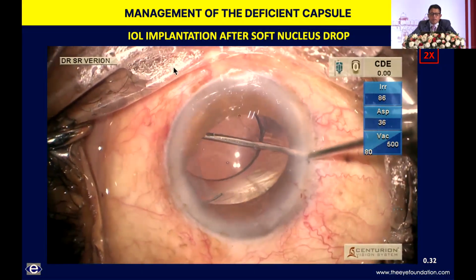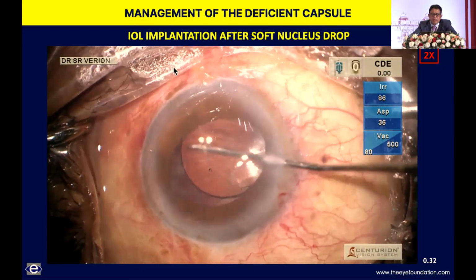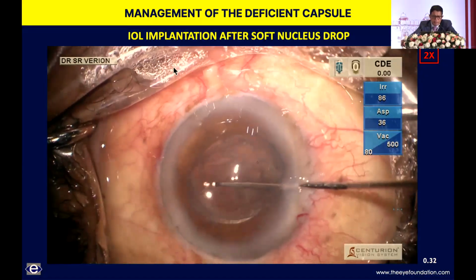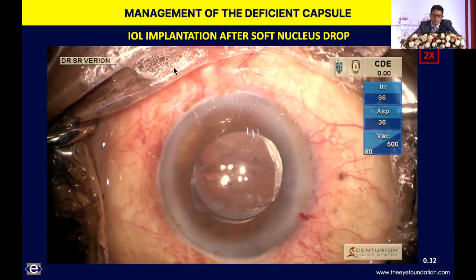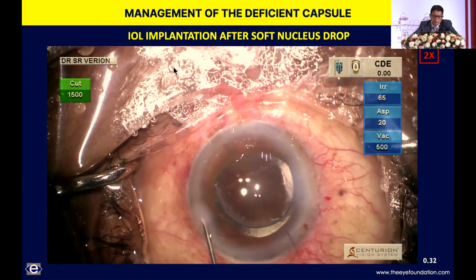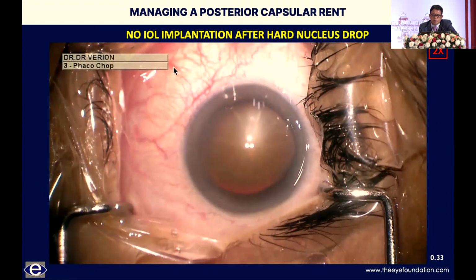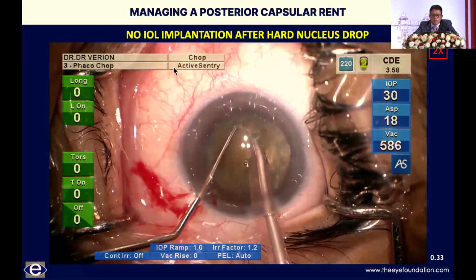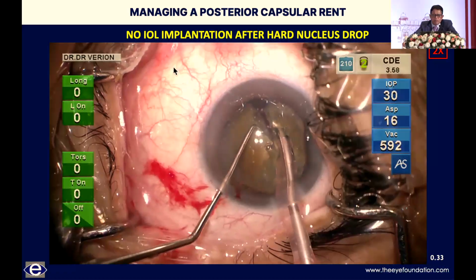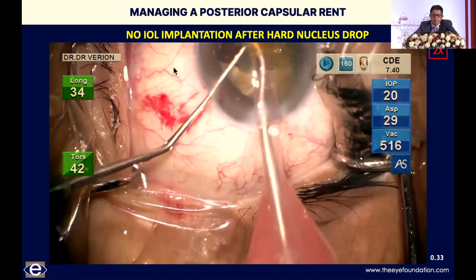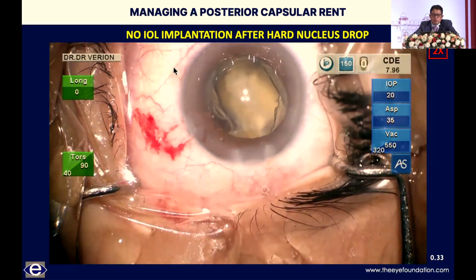And then subsequently, your vitreoretinal colleague can deal with the lens matter quite adequately. That's the three-piece lens that's gone in and the optic capture that has been created. Obviously, you're not going to mess around with the lens material behind, and your colleague is going to deal with it. Just in case you have a hard nucleus fragment, like in this case, which goes in, nowadays with the kind of fragmentome and technology that's available, our vitreoretinal colleagues are able to deal with these cases